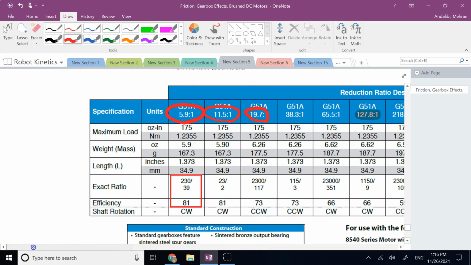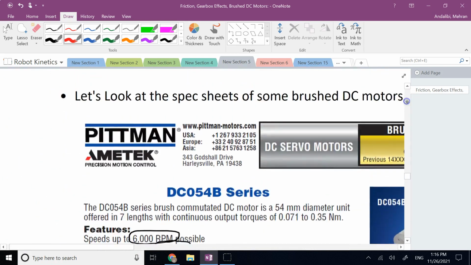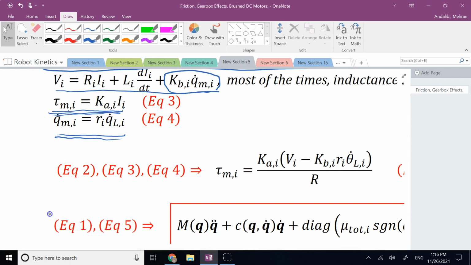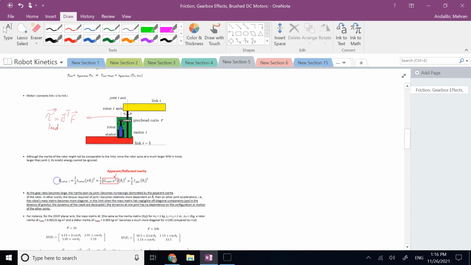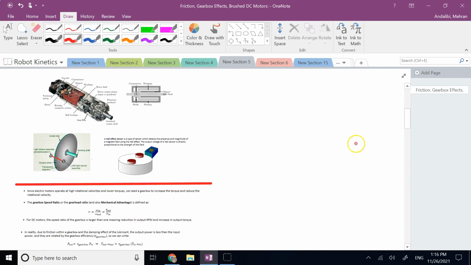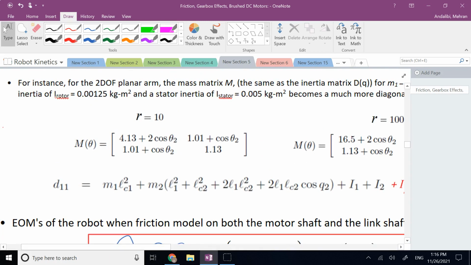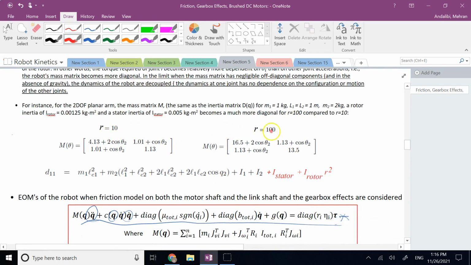And that is what I mentioned in my previous video, that under extreme cases where R squared is a very, very large number, then when you look at your M matrix compared to the D matrix, your M matrix can be almost completely diagonal. Because once R instead of 10 or 100 is 4,000, then you can imagine how big this number is going to be compared to this number here. And it makes it completely